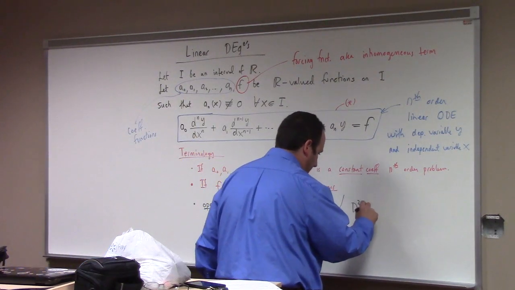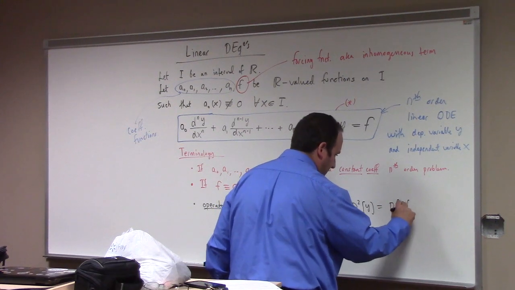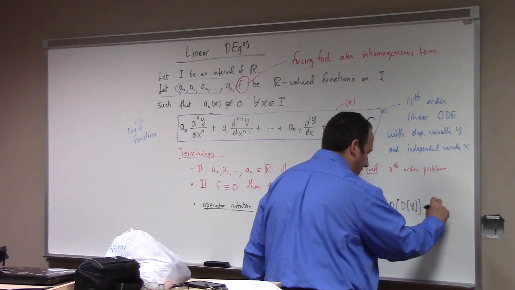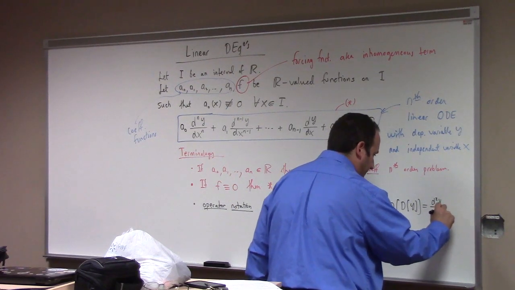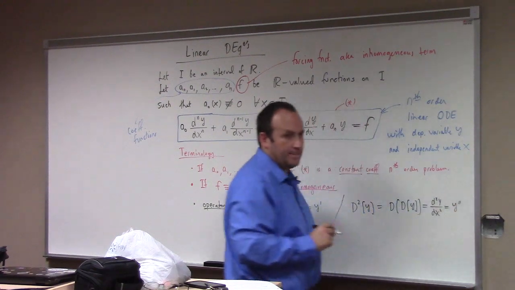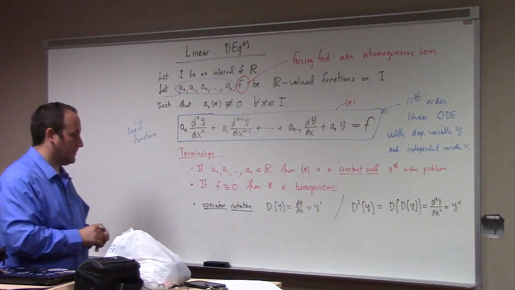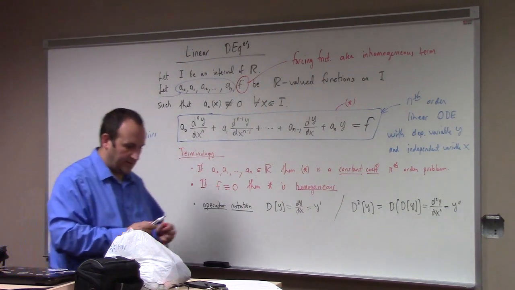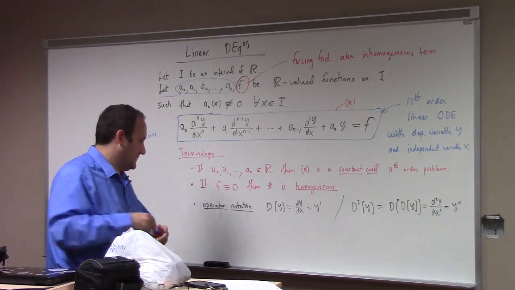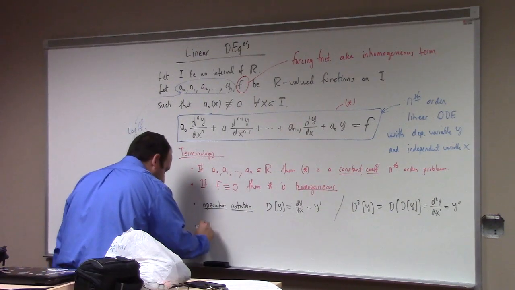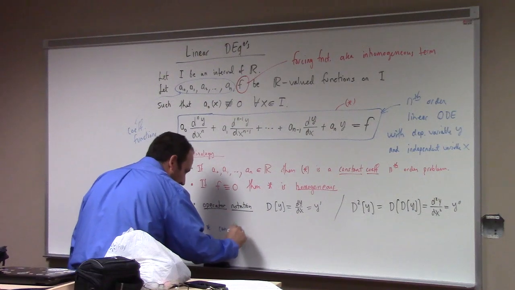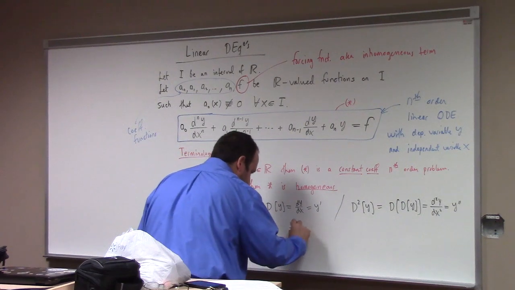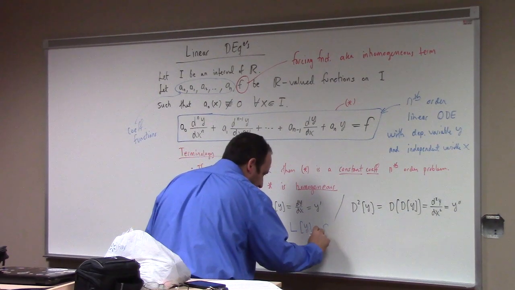D squared y, what that means is D of Dy, which of course we have two different notations for. We could say that's d squared y dx squared, or of course we could say y prime prime, right? So star, we can restate star as L acting on y equals f, where